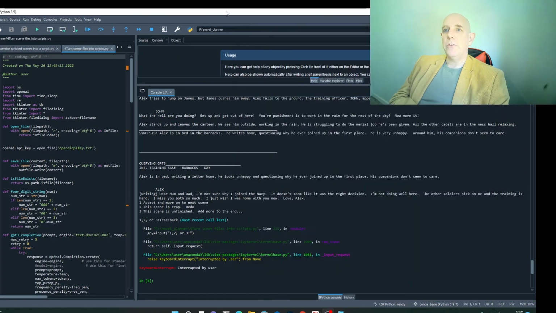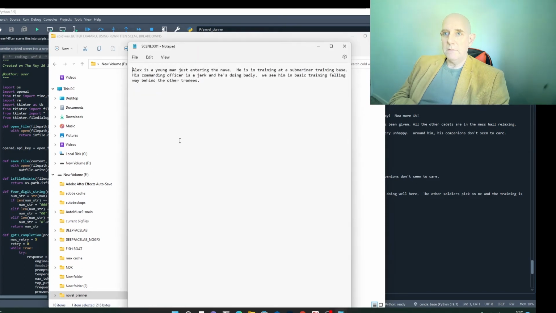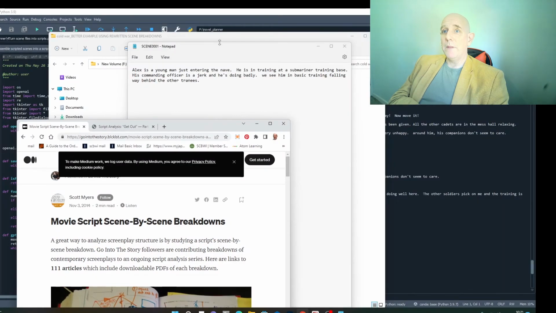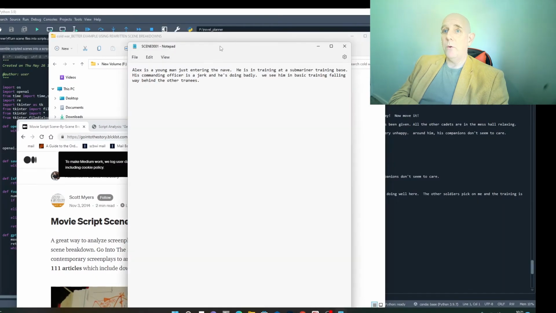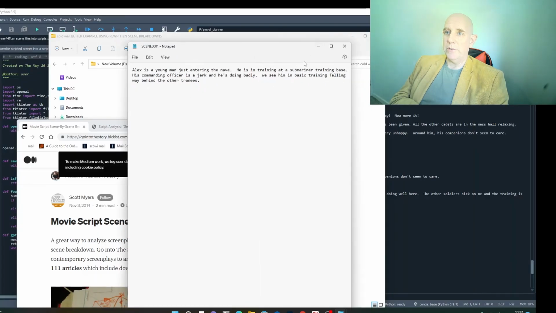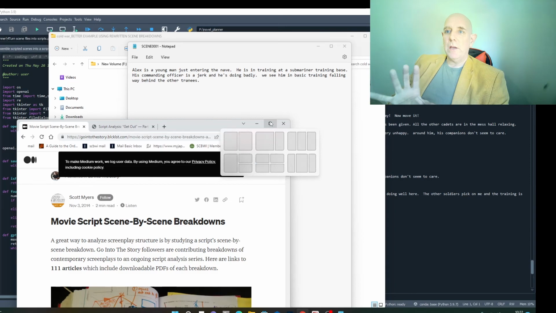quality of your scene file, that's these files here, is really, really important. Even what I've got here is not, I think, good enough. If I was doing this properly, I would go for scene files that have a lot more detail. I'd spend a lot more time working on these files because these are the key to what the thing creates. To get an idea of the quality of scenes you want,